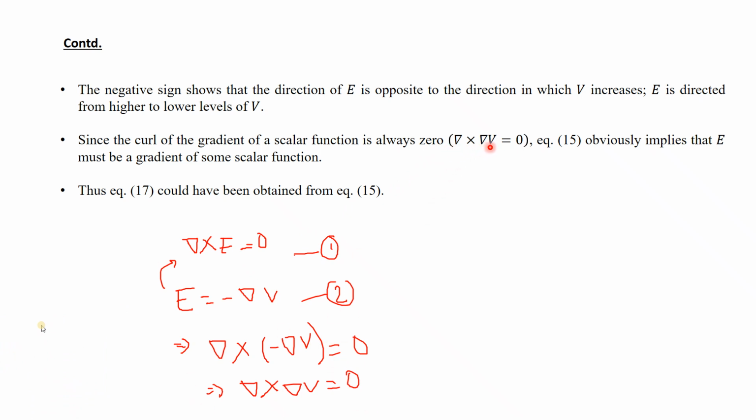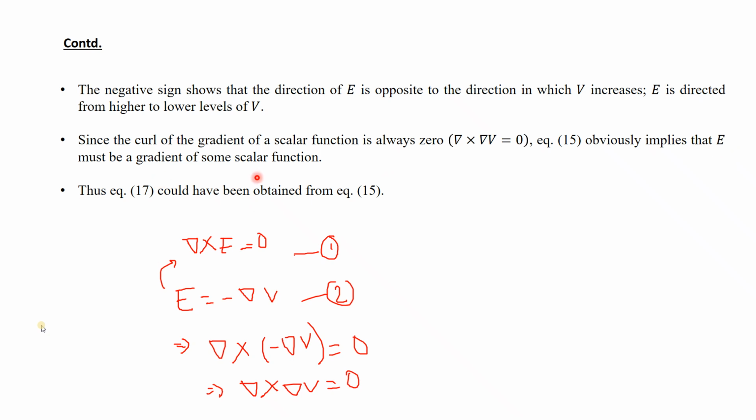Not only in this case, in any case, you will find that if you take the gradient of a scalar, it becomes a vector, and if you find the curl, you will see that it is 0. That means V is a scalar quantity. After finding the gradient, it becomes a vector, but that vector is never a rotational vector. It is a straight line. It can have a divergence, but it cannot rotate. So it will always be a straight line. Either it will converge or diverge from a point, or it will not. So you will not find curl.